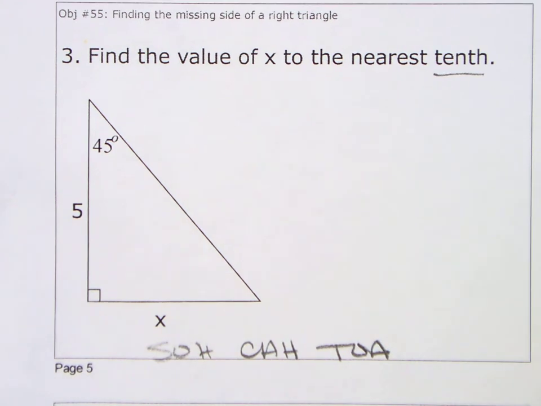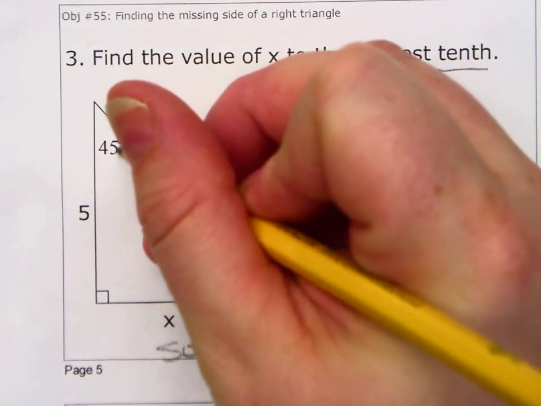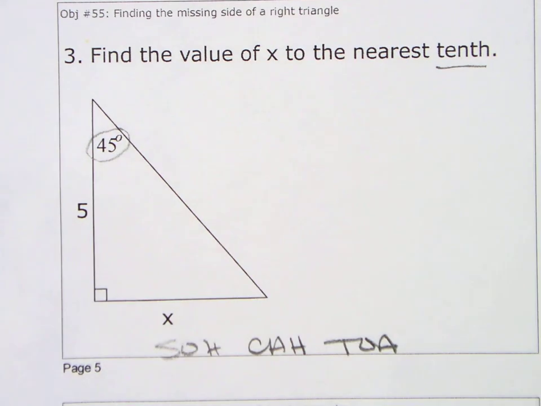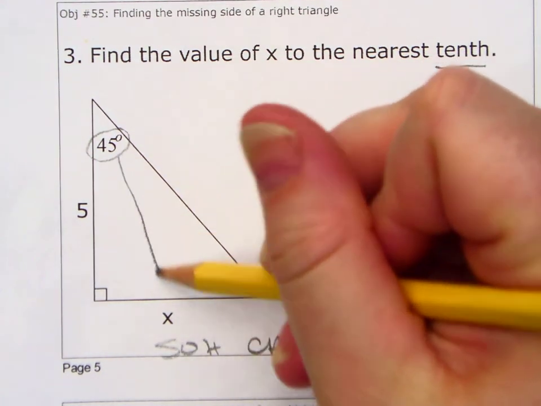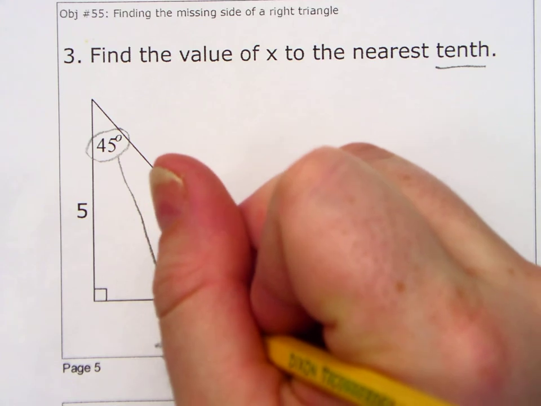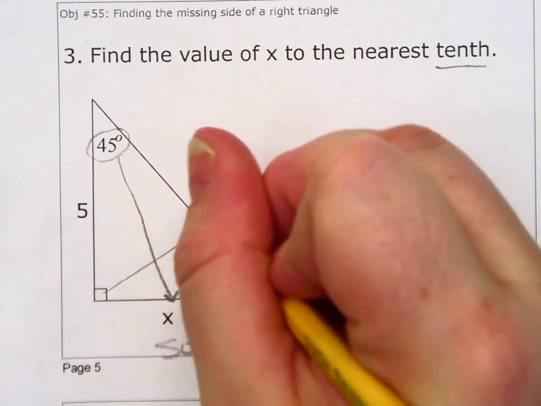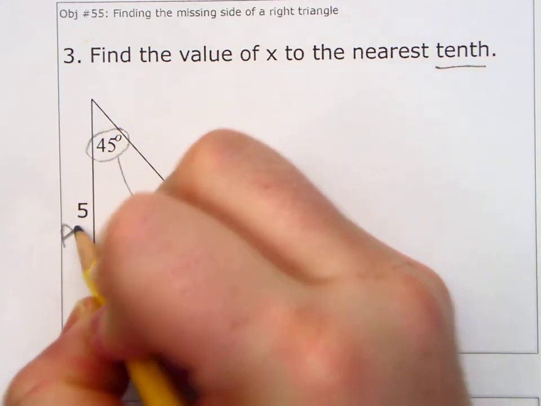Which ratio? We got to label our triangle. What sides do we have? This time, notice our angle is an actual number. This is my opposite. This is my hypotenuse, and this is my adjacent. So which